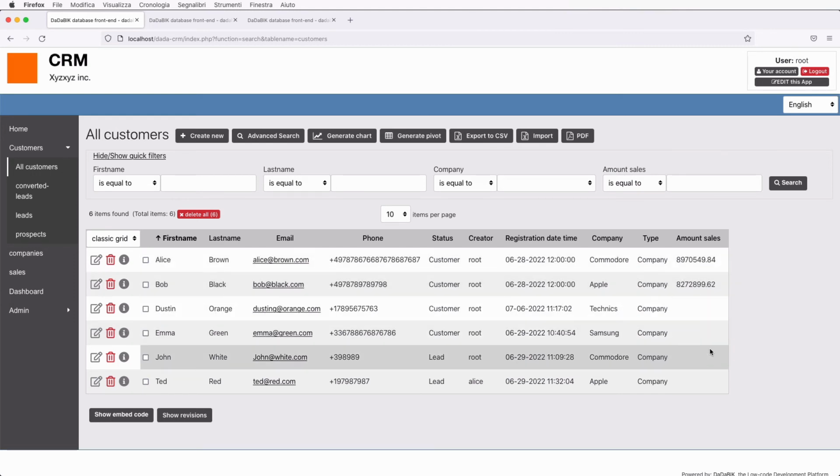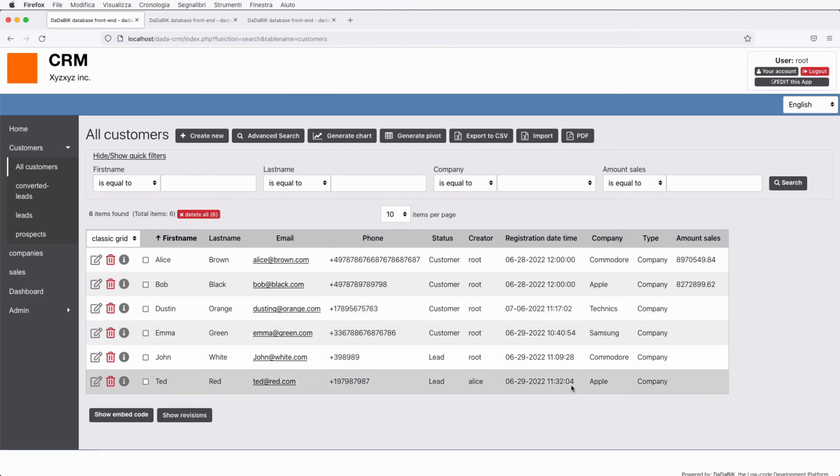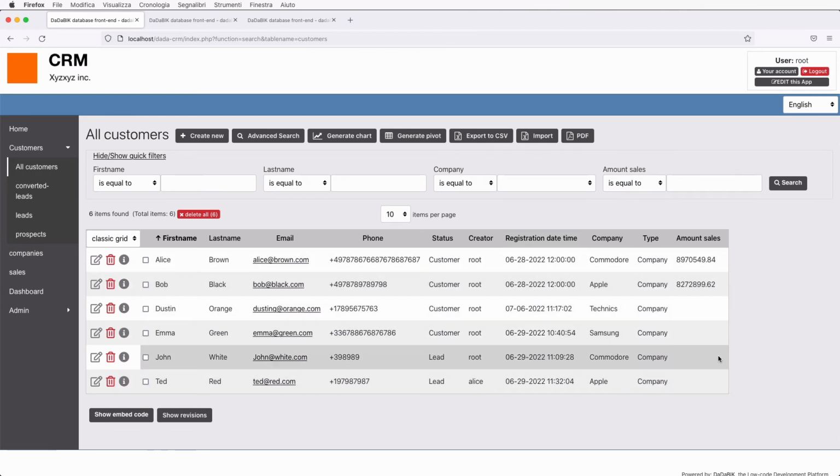So basically, if you want to fill the values for all the other customers, you can do it very easily in SQL if you want, but you can also just enter for each customer one of the sales they are involved in, click on save, and this will be computed.